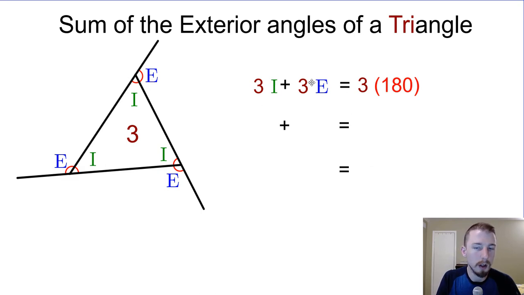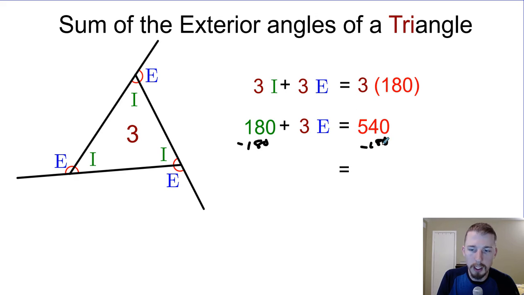So the 3 interior plus 3 exterior is equal to 3 times 180 degrees. Well, the 3 interior angles we know is 180 degrees, so that means that the 3 exterior angles has to be 3 times 180, which is 540, and then all we do is subtract the 180 from both sides. Let me see if I write that in real quick. So minus 180, minus 180,